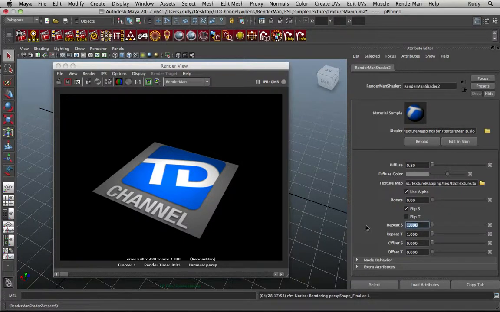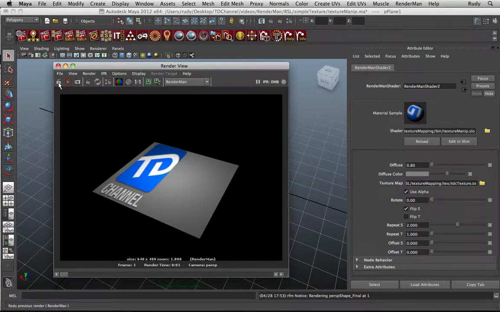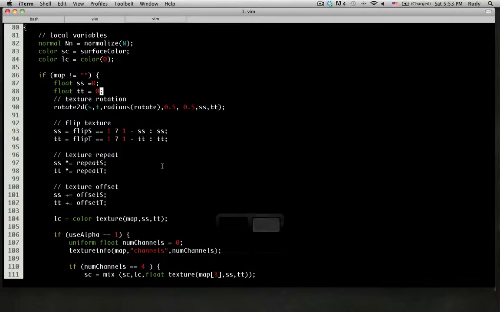So repeat S. Let's do 2 repetitions. If we hit render, you're going to see this. It squished the texture in the X direction, and so it looks elongated. That's because we're repeating on different values. So if we tell it to repeat T on 2 also, we're probably going to see the texture just go up all the way here in this corner. Now, why isn't it repeating? The reason why it isn't repeating is because when we created the texture,